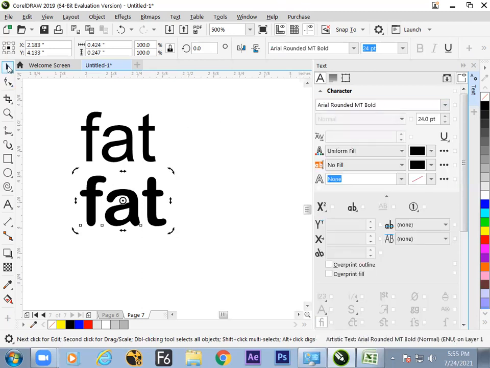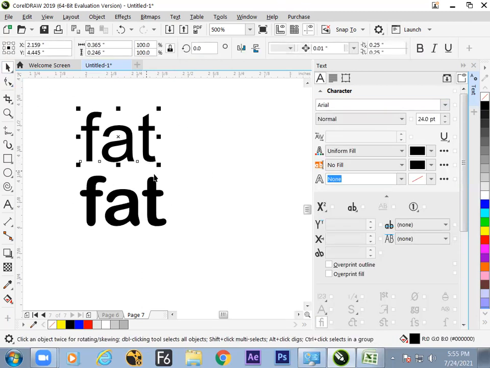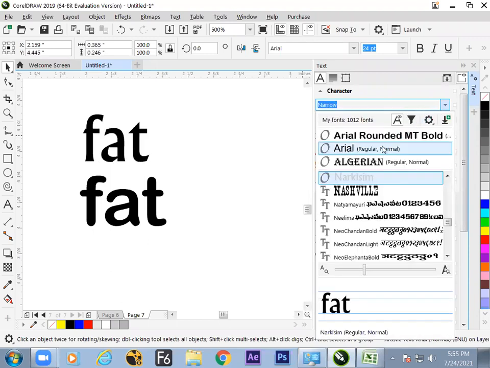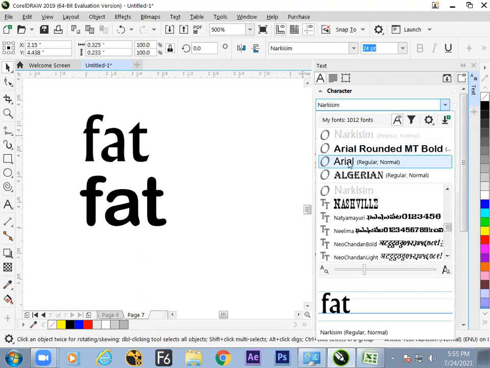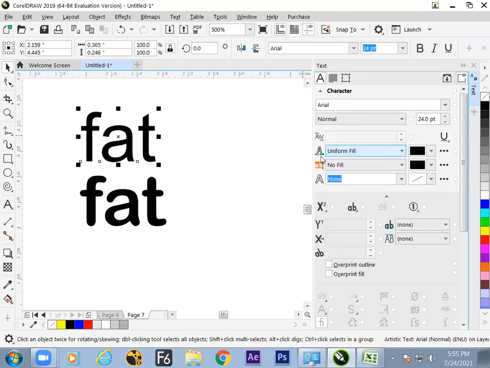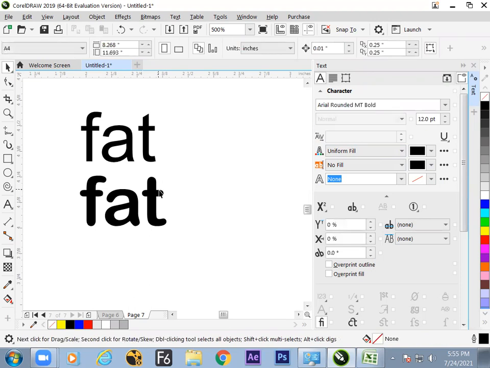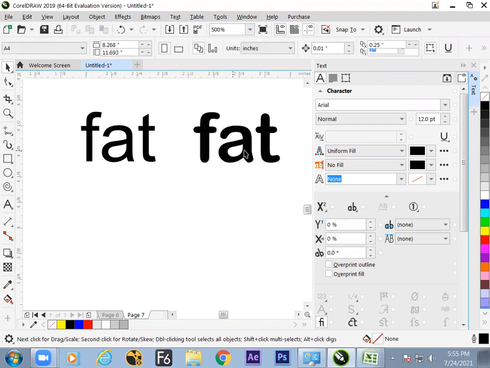Press enter. So which looks more fat, that we decide. Just to show you, even text can reflect the meaning. So as per that, it can be used.